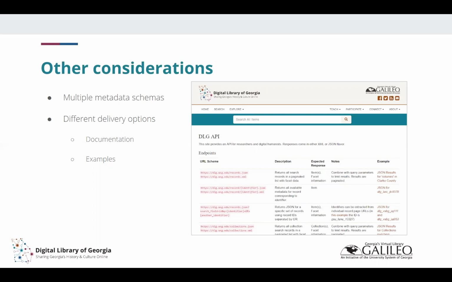The other consideration is different delivery options, if you have that option available to you. So in the case of the DLG, we provide things in XML. People in library land and archive land tend to be familiar with XML. We also provide a JSON endpoint, though. A lot of web and computer science people are very familiar with JSON. So we provide that endpoint as well in case they don't feel like working with the XML or they're more